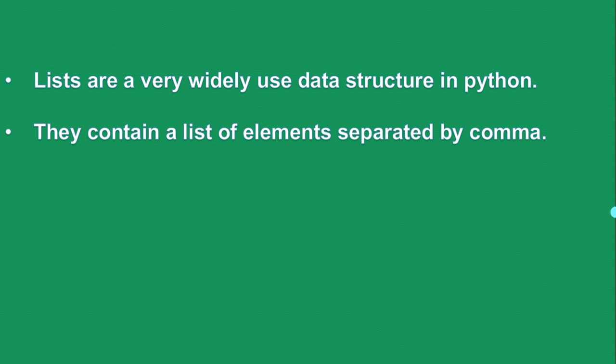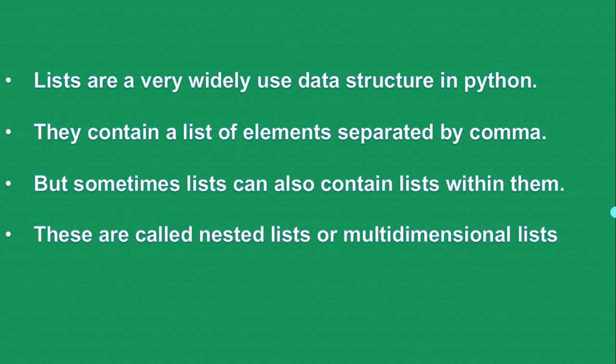Lists are very widely used data structures in Python. They contain a list of elements which are separated by commas. But sometimes a list can also contain lists within them, meaning a list is containing another list. Okay, so this is nothing but what we call a nested list, right? Like an if block in another if block, we call it a nested if, right? So here also, a list within another list is known as a nested list, which is also simply called a